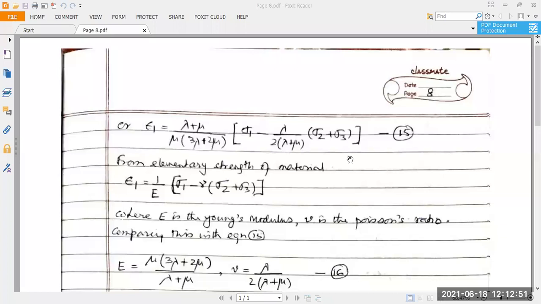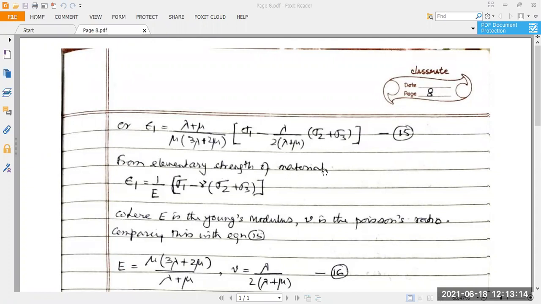Thus, epsilon 1, if we solve this equation, will take this particular shape: (lambda plus mu) divided by mu (3 lambda plus 2 mu), multiplied by sigma 1, minus lambda over 2 mu (3 lambda plus 2 mu) into (sigma 2 plus sigma 3), etc. And it will become